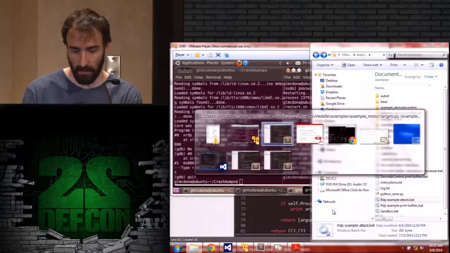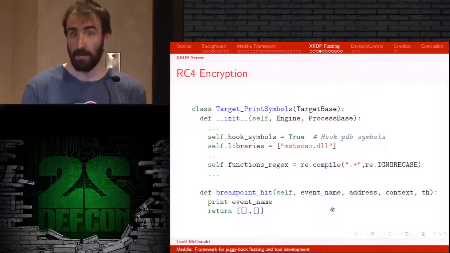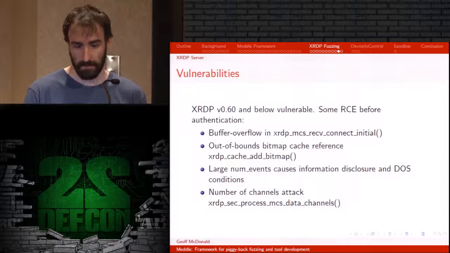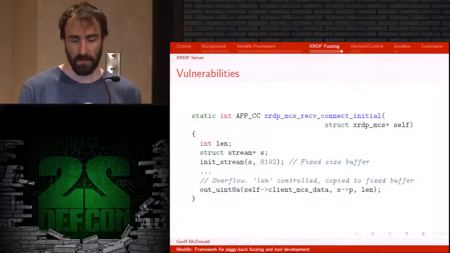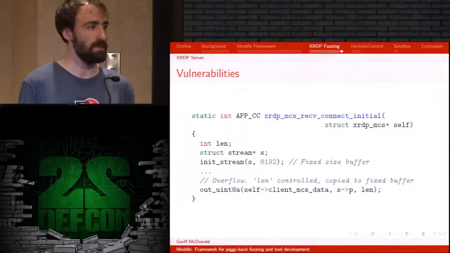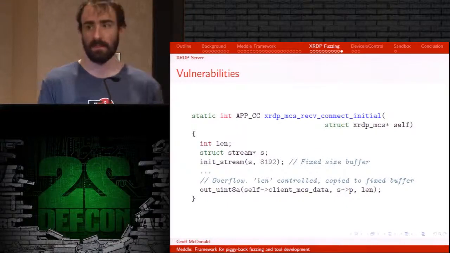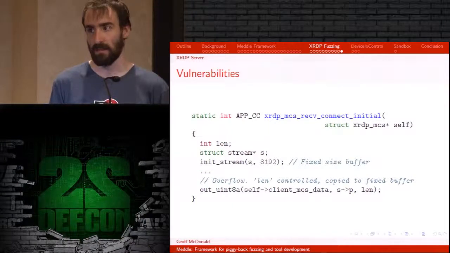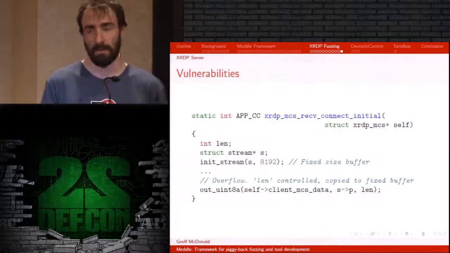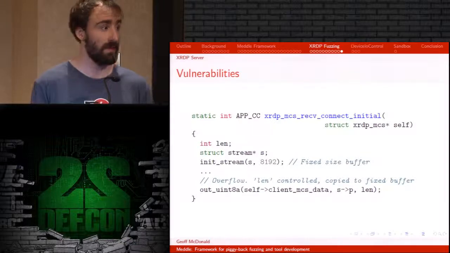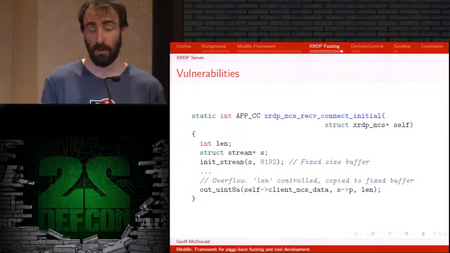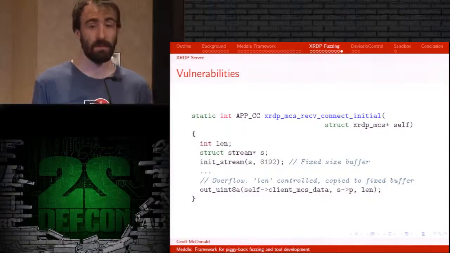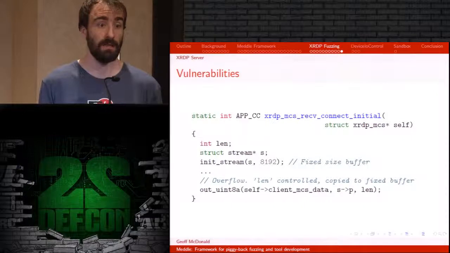Okay, that's it for the RDP example. So I'd be really careful about using open source software for stuff which might often be connected to the internet. In this case, the XRDP code, if you look at it, there were quite a few pretty bad vulnerabilities in it that can be exploited for remote code execution even before authentication. So you should be really careful about what code you have in your computers which is listening, especially if it's